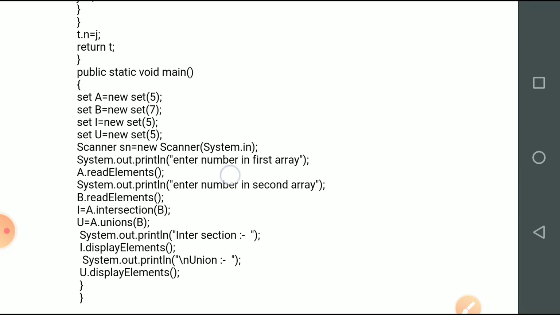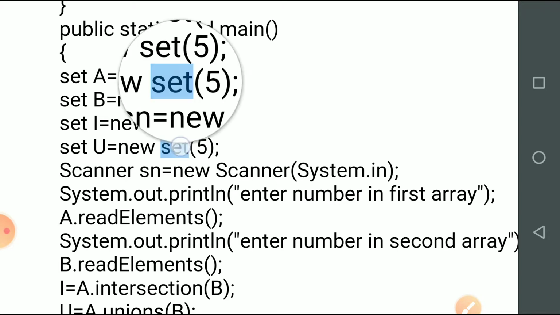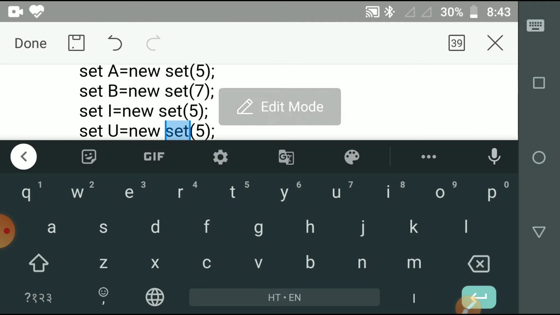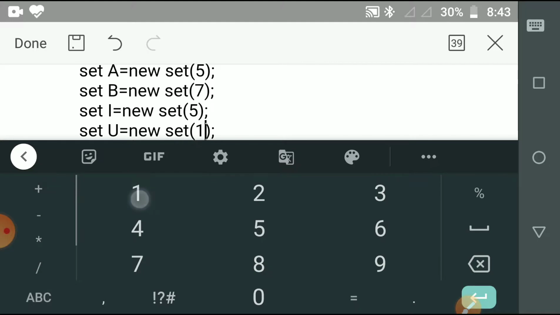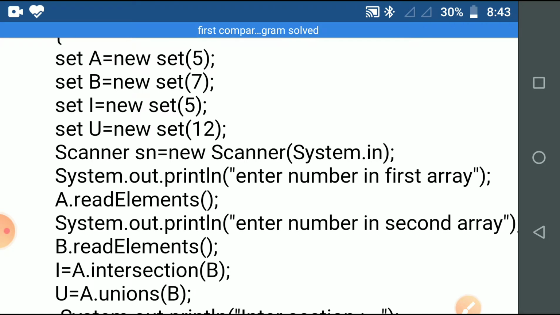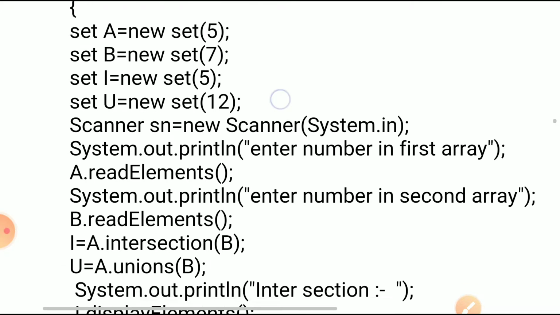In the 4 objects, the size of the first object is 5, the second object is 7, and the third object, where we are going to store common elements, is 5. Just a correction: A is 5, B is 7, the third object I is having 5, and for the union we can assume there is no common element, so that's why I have taken it as 12.